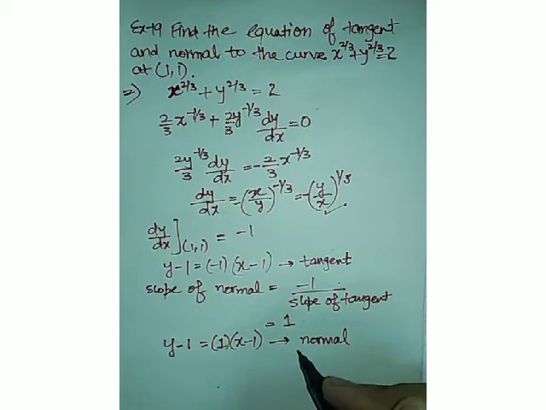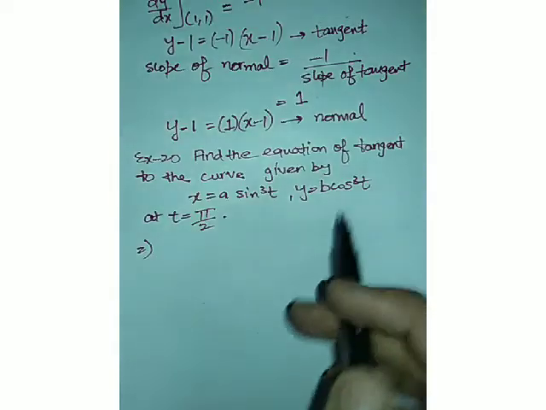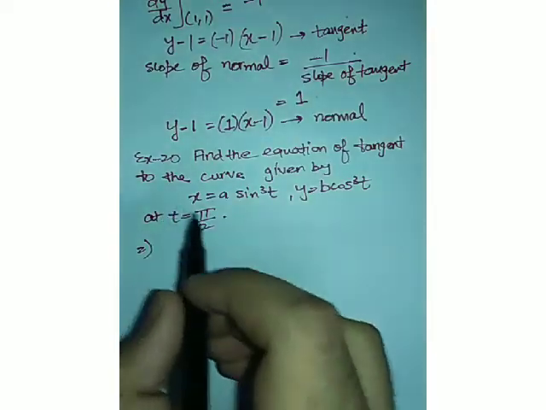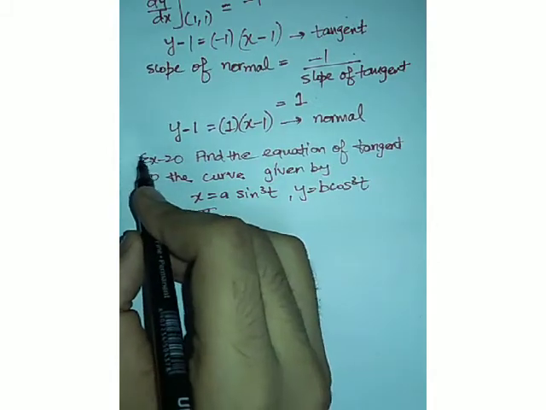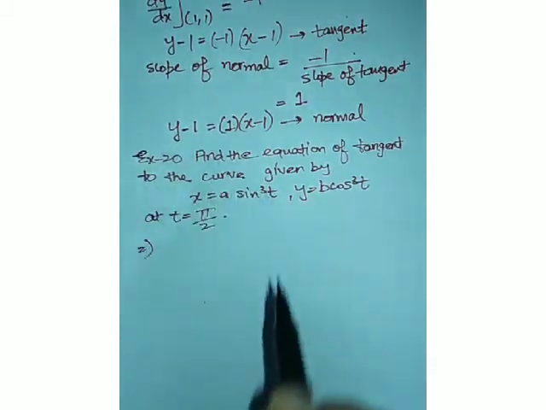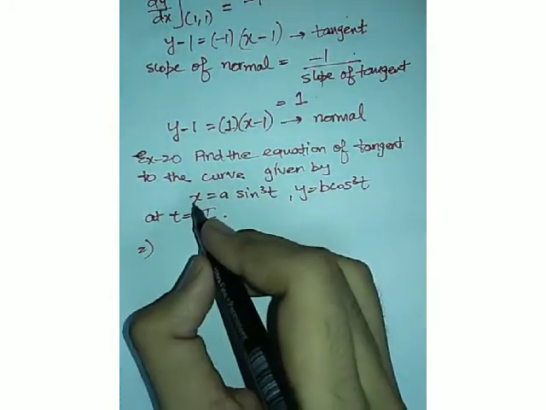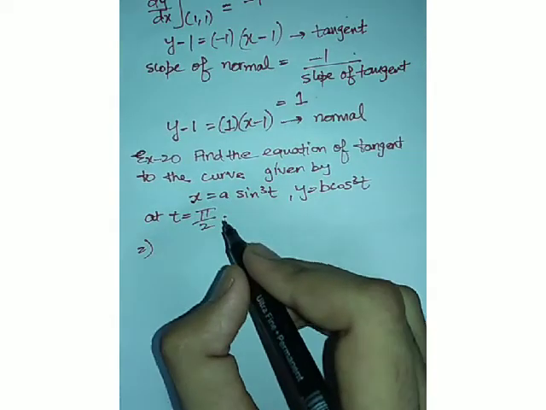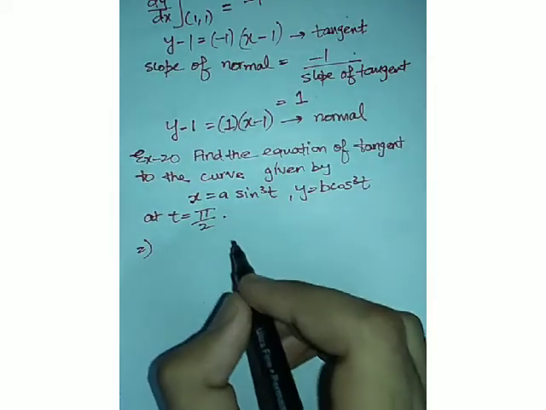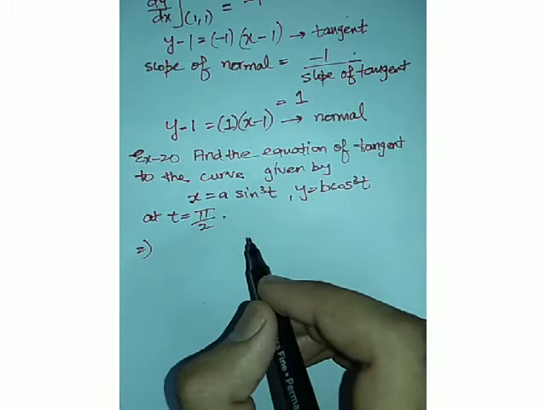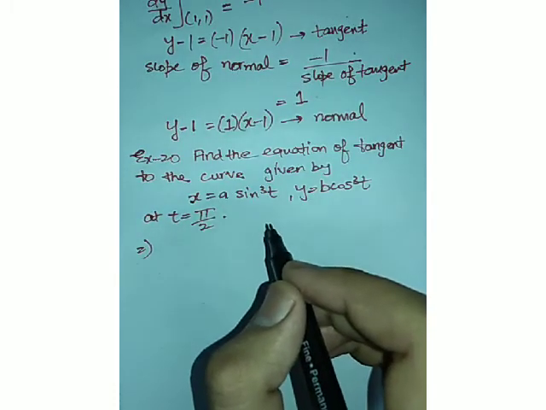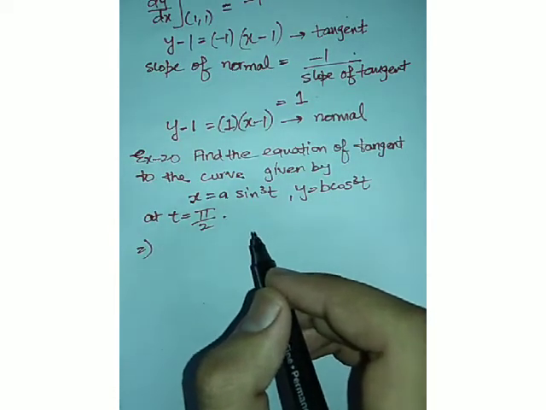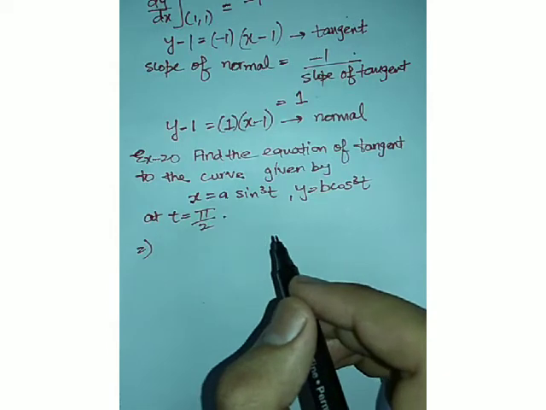It was an easy one. Let's move to the next example, in which there is a concept of parametric equations. That's also very easy. This is our final example of this exercise. In this example, the curve equation is given in parametric form. We have discussed the concept of parametric forms in the differentiability chapter's videos. So if you are not familiar with this concept, you can go and watch the videos of the differentiability chapter on parametric equations. You will get the video in the playlist as well.